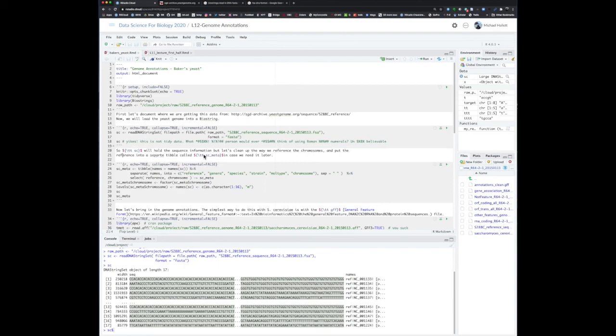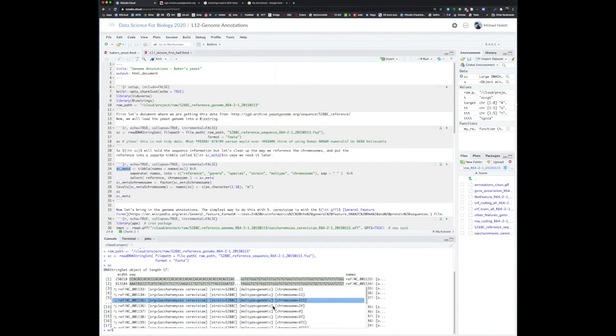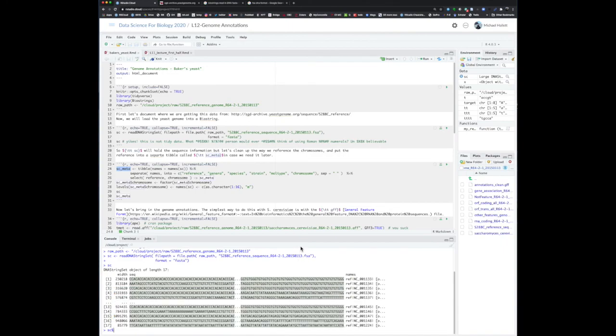I'm going to try and clean up the references, the way that they reference the chromosomes a little bit with some code here. So, for example, SC meta, I'm going to call is the metadata. I'm going to take this information, the labels under SC. If I go back here to $, I'm going to take all of this information. I'm going to make its own tibble, and I'm going to chop up that information into bits using the separate function. So here, SC meta, so the metadata about SC, is going to be a tibble, and that tibble is